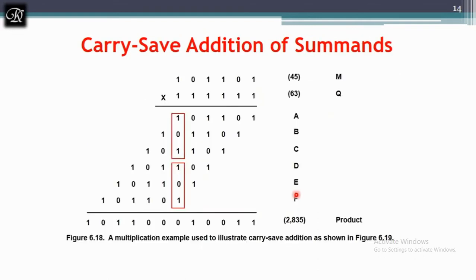Now we will see the example. This is one standard example. We are going to multiply 45 with 63 and we will be getting the answer 2835. So how do we make use of carry save addition while doing this multiplication? Let's take up the binary version of them. As I said, this is applicable only for positive operands. It's not going to support negative operands.